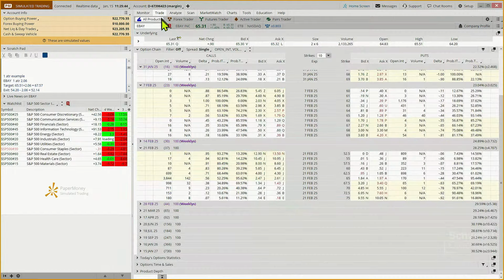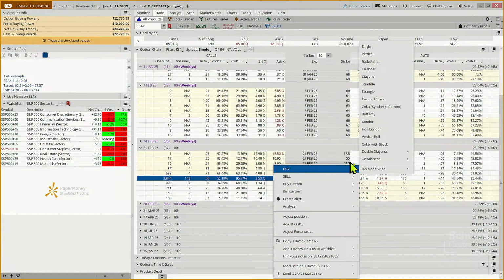Okay, so we're going to come to our trade tab. We're going to come out to February 25th. Now, do we intend to be in this come February? No, if all goes according to plan and this goes up nicely, we could be out of this tomorrow or Friday, or we could be out of it Monday. But we're giving it more time. And why is that? Because theta is less damaging when we are out more than that 21 days. And so the expectation is that when we exit this position, we'll have less damage from time decay. Okay, and so that's the logic behind going out that far.